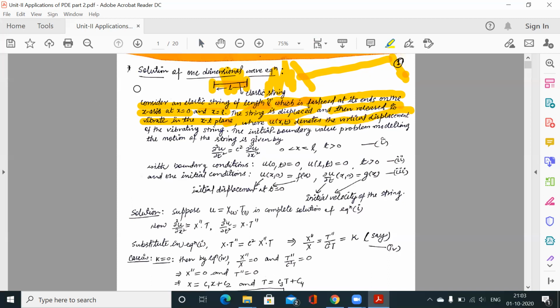Vertical displacement means like this. The string is displacing; this is the length, and it is going to vibrate like this. The position is moving from up to down, up to down, up to down. That denotes the vertical displacement of the vibrating string, the function u(x,t), and it depends on two factors, x and t. Why? Because this is the length,